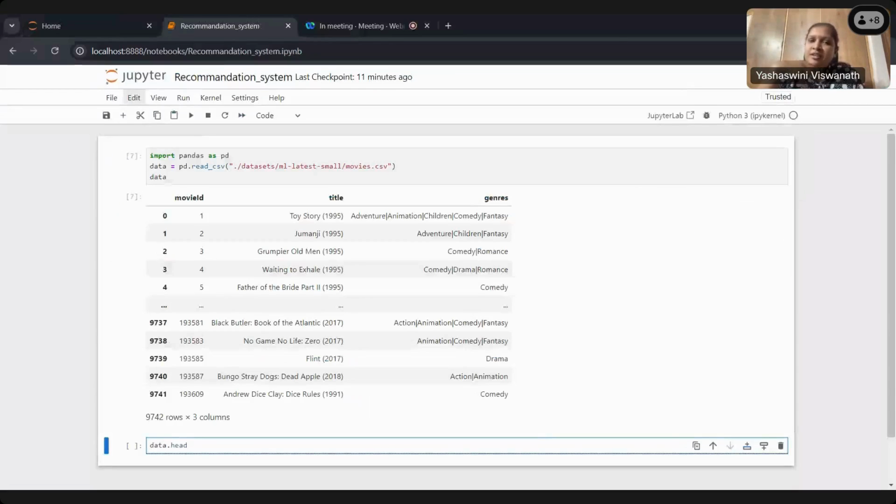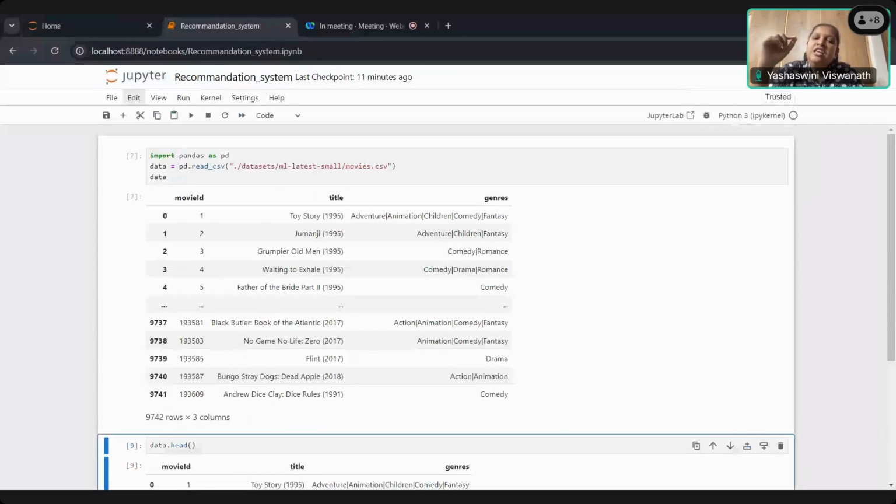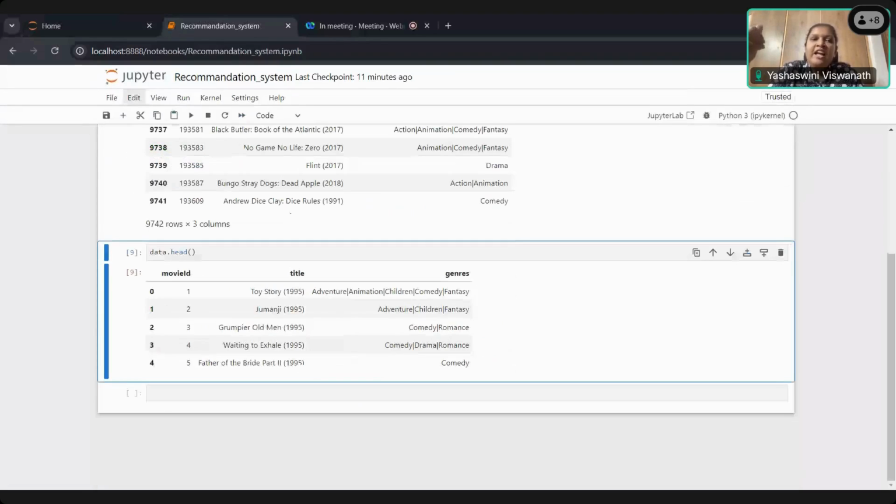Can a computer understand a string? When you want it to run machine learning algorithms over it, you should be in a position to give numbers for it. So that is where the importance of one-hot encoding comes. I repeat, one-hot encoding. What do you do in a one-hot encoding scenario? Anybody has come across one-hot encoding?